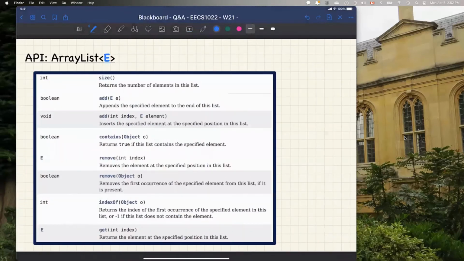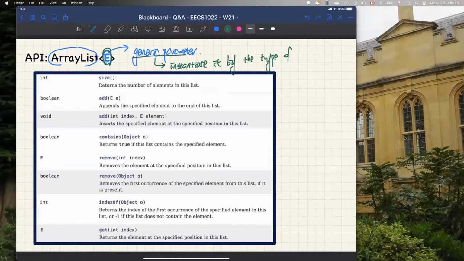So when you go to the API page for the ArrayList class, it is simply declared with a so-called generic parameter E. We could talk about the theory behind having a generic parameter, but it's not covered in this course because that would involve advanced concepts such as inheritance and typecasting. It will be covered in detail in 2030, the next course in the second year. But for the first year, all you need to know is that whenever I say E, the generic parameter, it simply tells me to instantiate E by the type of elements